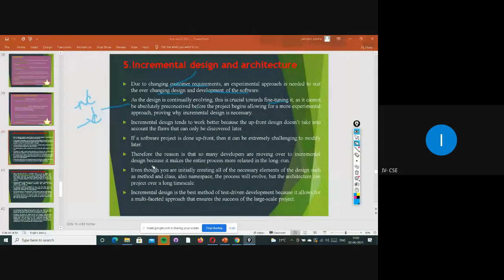And it tends to be better. Whatever designs we are making, sometimes we get advantages, sometimes we get some disadvantages with that, right? So whatever flaws, advantages and disadvantages are there, we have to identify and work on them. If we are unable to fix whatever problems and issues within that particular time, then we can work on that later also, right?